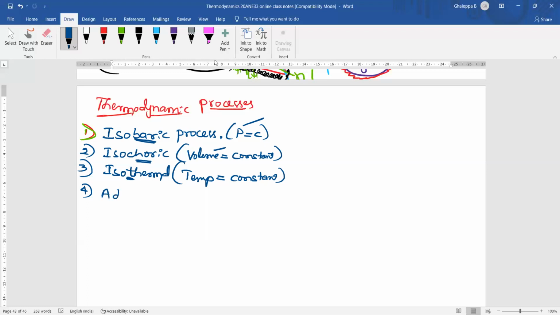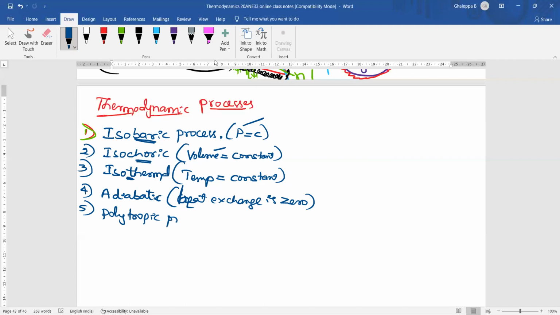Fourth one, adiabatic. Here there is no property that remains constant, but what will be the constant? There is no exchange of heat. Heat exchange is zero. Heat exchange where? Between system and surroundings. Between the device or machine and the surroundings, there is no heat exchange, from the machine to the surroundings or from the surroundings to the machine. The last one is